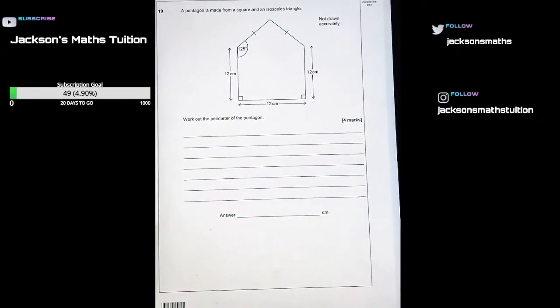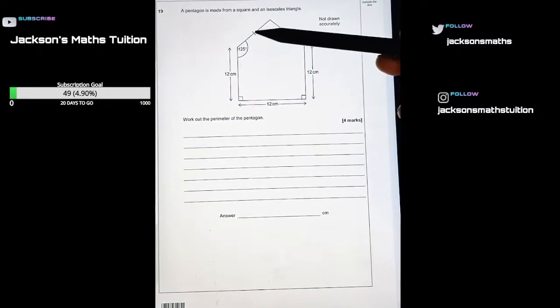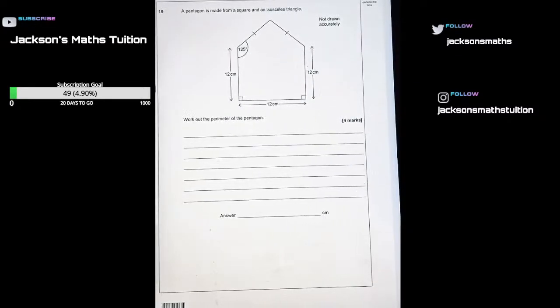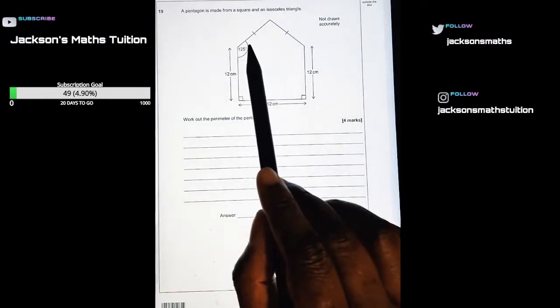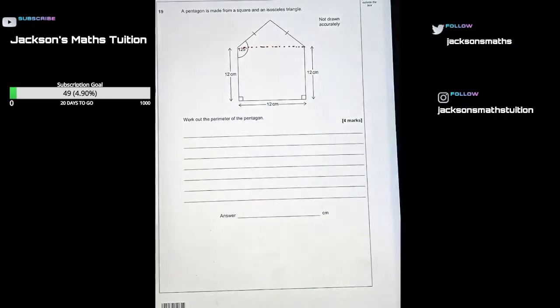Question 19. A pentagon is made from a square and an isosceles triangle. Work out the perimeter of the pentagon. Okay. So we have 12, 12, 12. These two sides are equal, which means that my triangle is going to be isosceles. So if I cut this across, separate it like that,